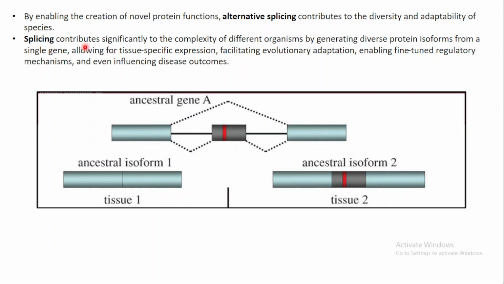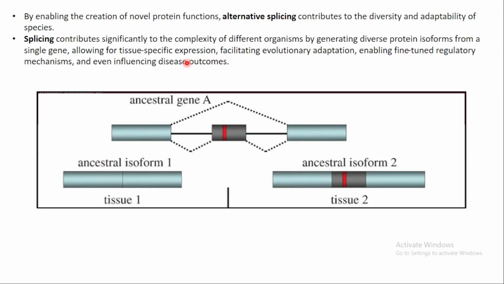And splicing contributes significantly to the complexity of different organisms by generating diverse protein isoforms from a single gene. So that is what we studied here. From a single gene we can have diverse protein isoforms, and these proteins will be from the similar family because they will have certain sequences which are conserved in both the proteins, and these diverse proteins allow for tissue specific expression, facilitating evolutionary adaptation, enabling fine tuned regulatory mechanisms, and even influencing disease outcomes. So tissue specific expression of different isoforms, a same gene giving rise to different proteins